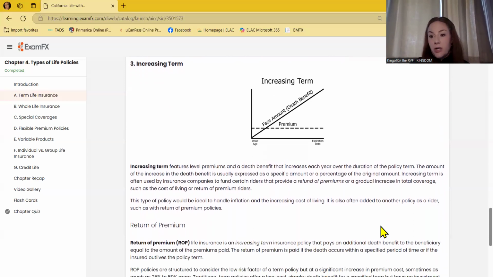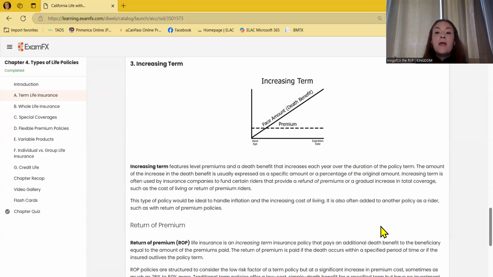Next is increasing term. Increasing term works differently. It's the same as decreasing term, but it's going the opposite way. It's going to be going up. Our death benefit is going to be increasing. Our premium remains level throughout the period of this term. Now, with increasing term, there are a couple of riders that go along with it, but this is why people get